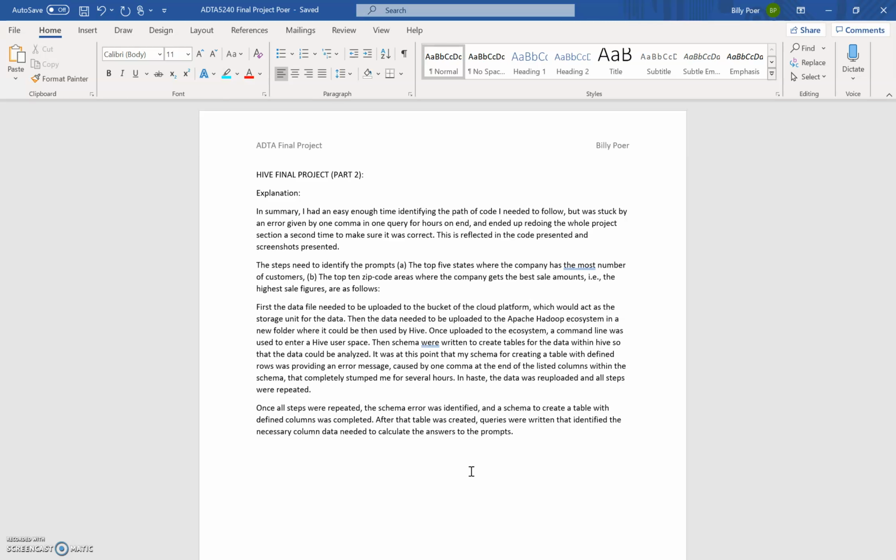But I think it's a testament to double checking errors within the schema and the queries, because one misplaced character will lead to a lot of frustration and inaccuracies,